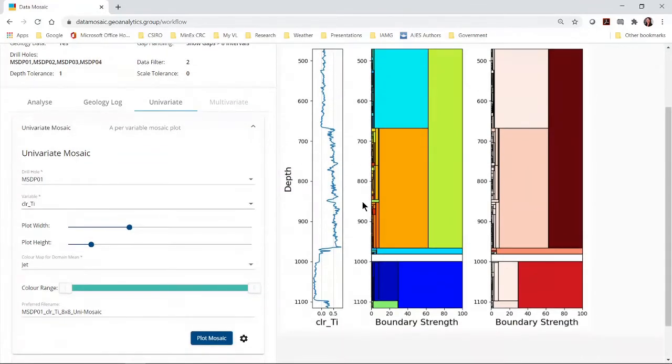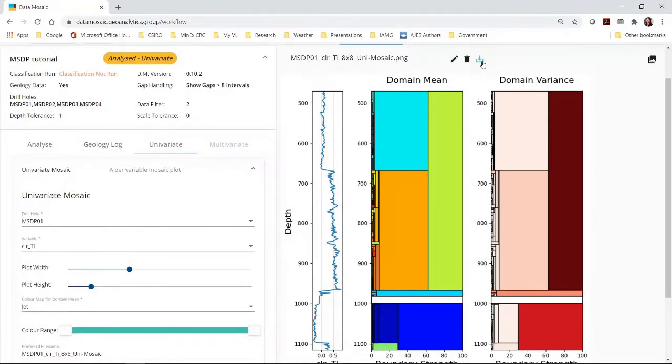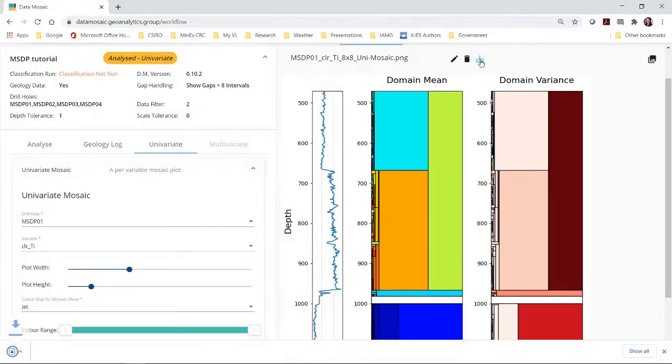I can download this plot using the download symbol. The plot is downloaded as a PNG file. PNG files are useful to view as it is a small file size. However, if I wanted to edit the image, say for a report or presentation, then I can also export it